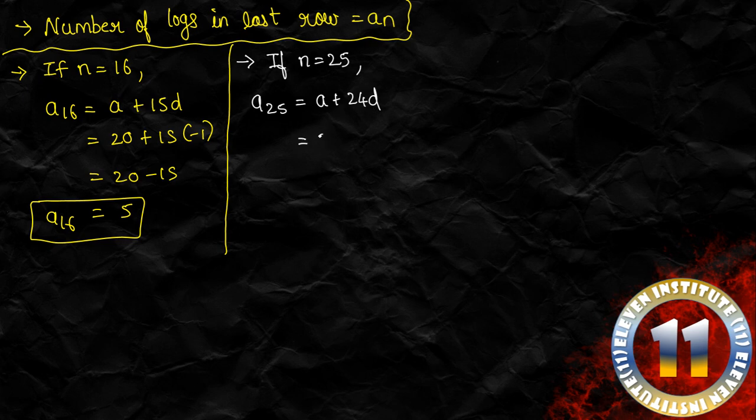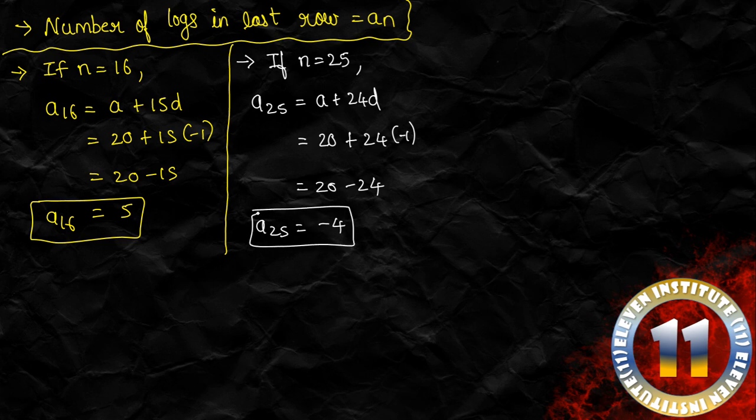Instead of a we can write 20 plus 24 into minus 1. So this gives us 20 minus 24. So we get a25 is equal to minus 4. Now this is not possible, right? Because number of logs